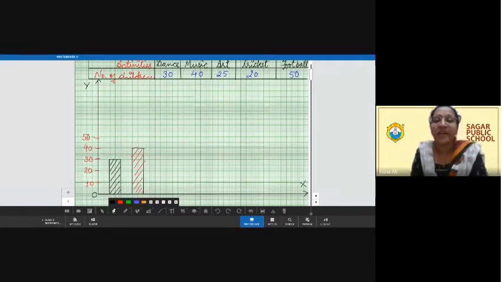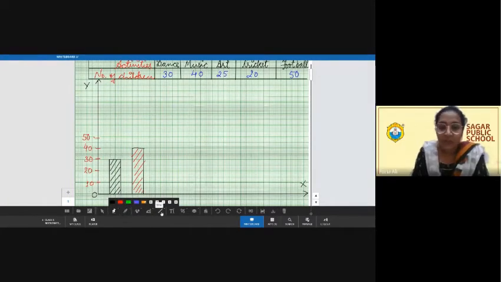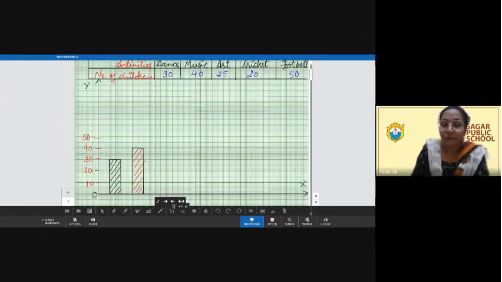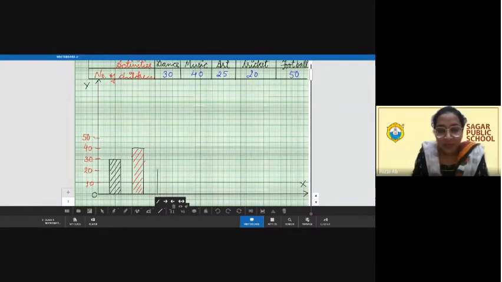Okay, now next activity we have is Art. So again, leaving a gap of 1 centimeter, I'm going to make the line, and this line should reach up till 25. Now for 25 I'm a bit confused. We have the marking of 20 over here. Ma'am, we have to make the art line up till the middle of 30 and 20. Okay, you mean to say that the line should be between 20 and 30.